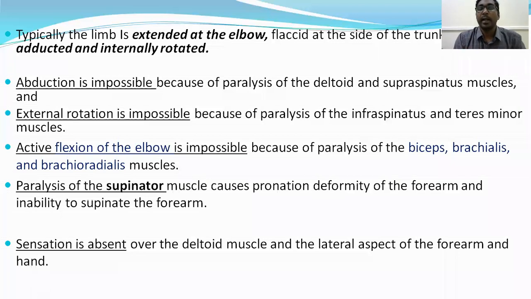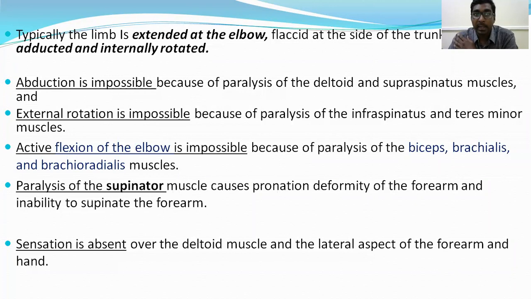of the body, and external rotation is impossible because the suprascapular nerve is damaged. The suprascapular nerve is paralyzed in Erb's palsy, and it supplies the supraspinatus and infraspinatus muscles, while teres minor is supplied by the axillary nerve. Supraspinatus mainly assists in the initial part of abduction, so with its paralysis, abduction is not possible. Infraspinatus and teres minor are external rotators of the arm, so external rotation is not possible.